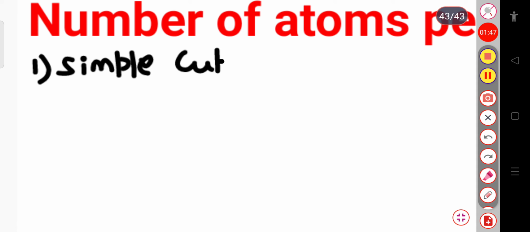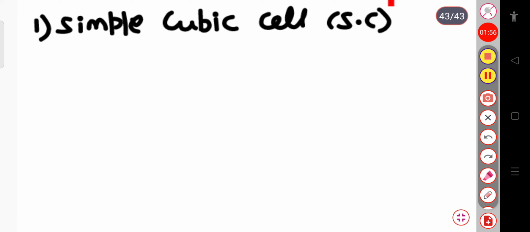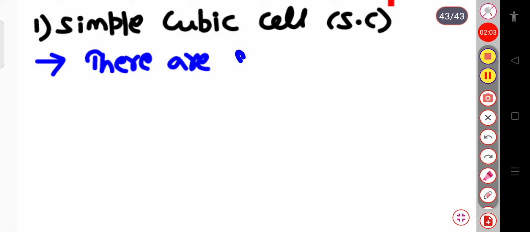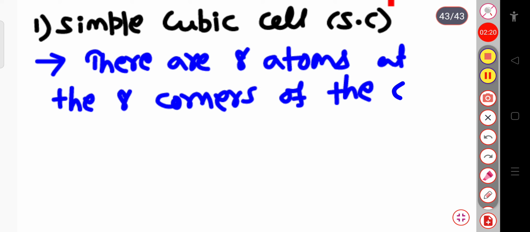Simple cubic cell, suppose SC. In this case there are 8 atoms in the simple cubic structure, at the 8 corners of the cell. Cell means the unit cell. And each corner atom, let me first